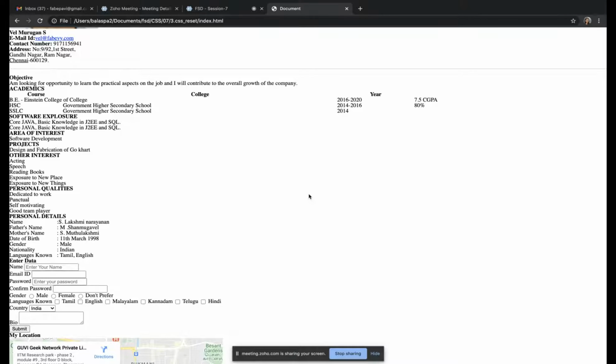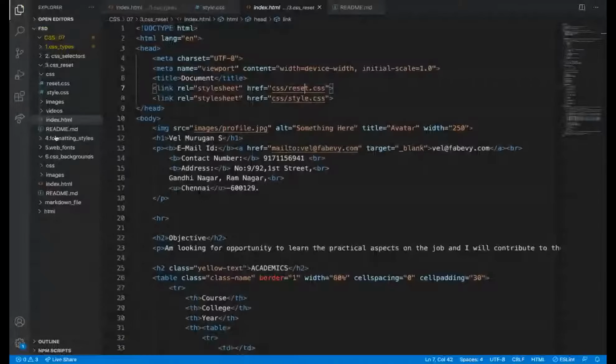So what the reset file will do is reset the CSS provided by the user agent. So in different browsers, if we want to attain consistency, after this I can write whatever I want in my style sheet.